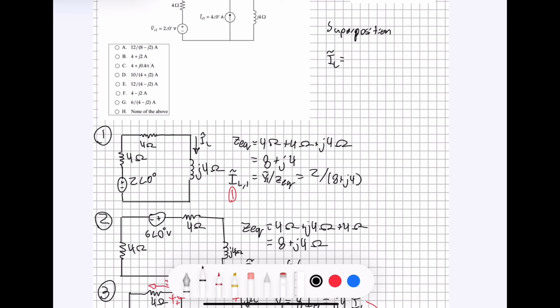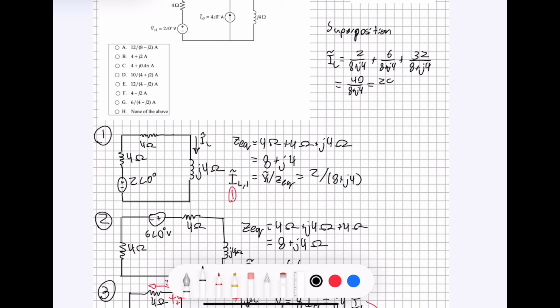IL is equal to 2 over 8 plus j4, plus 6 over 8 plus j4, plus 32 over 8 plus j4. We can simplify this fraction to be 40 over 8 plus j4,